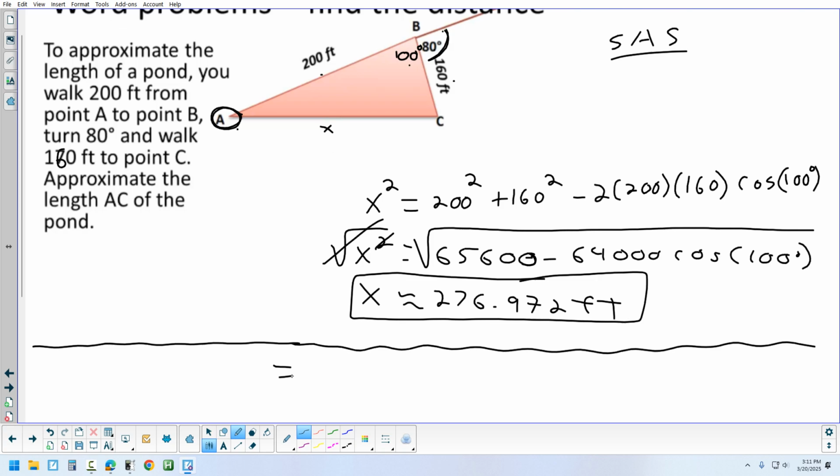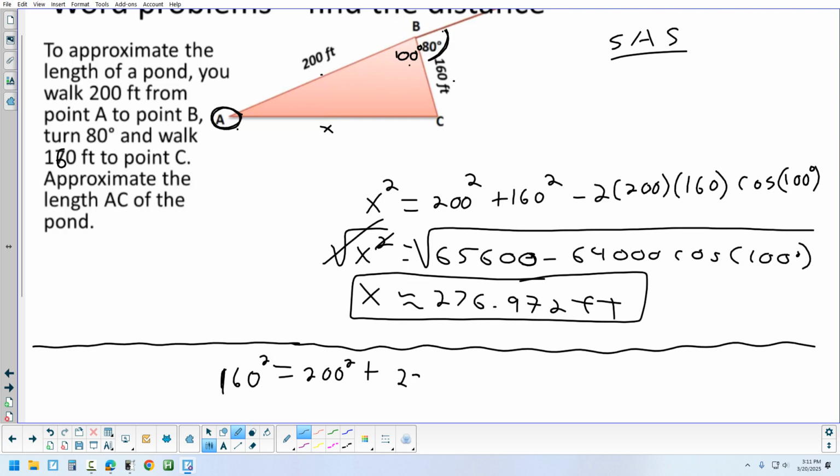Yep. So 160 squared equals, and what would I start putting on the right side? Yep, 200 squared plus